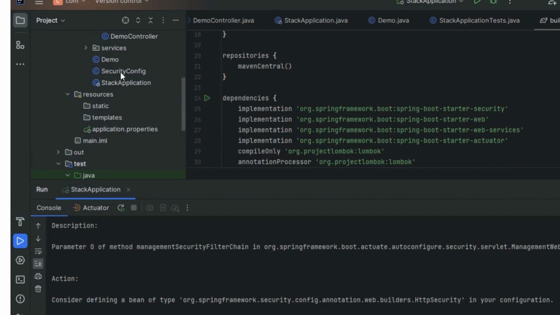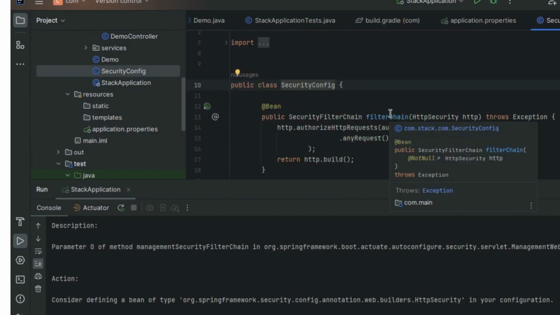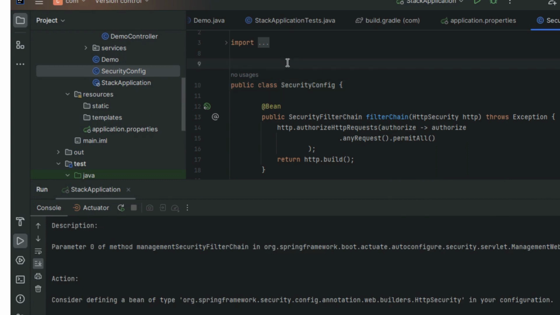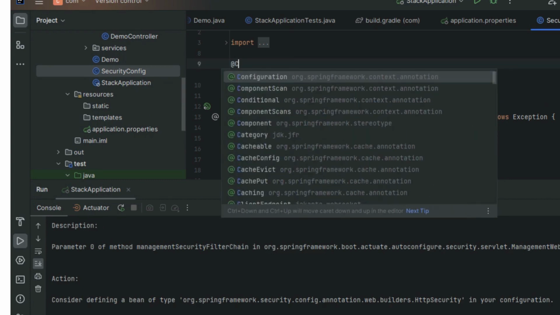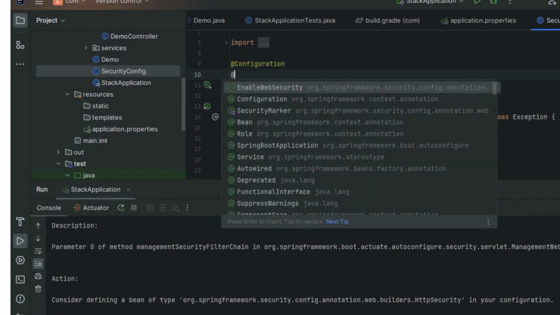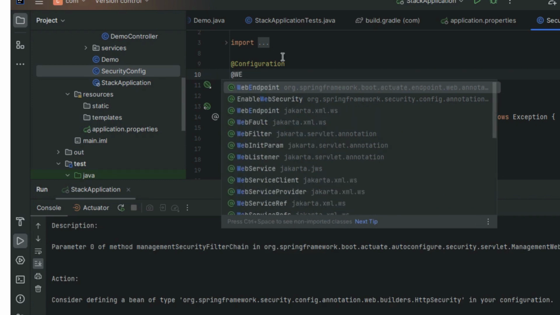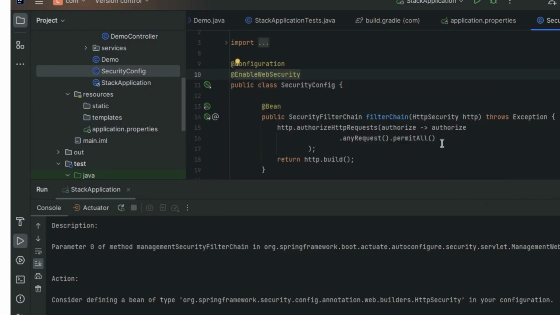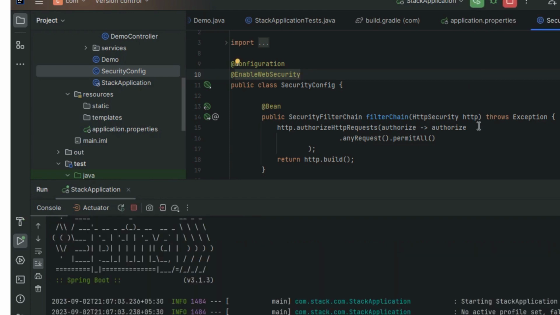So what we are going to do here is create a custom security configuration. I have already written this; you just need to add some annotations on top of it, like @Configuration and @EnableWebSecurity. Here I'm intercepting the HTTP request and permitting all the requests. By doing this, we tell the application: we declare the custom security configuration and we know what we are doing, so don't give this error and let our request pass. So we start the application. Now all these errors will be gone,